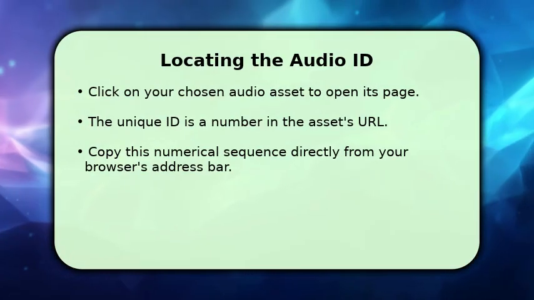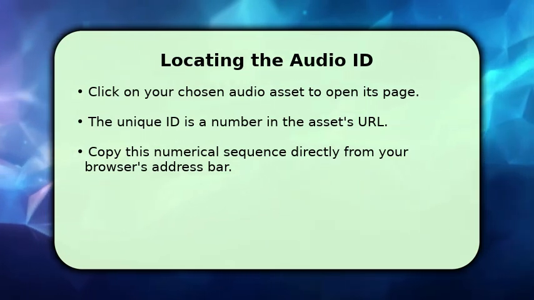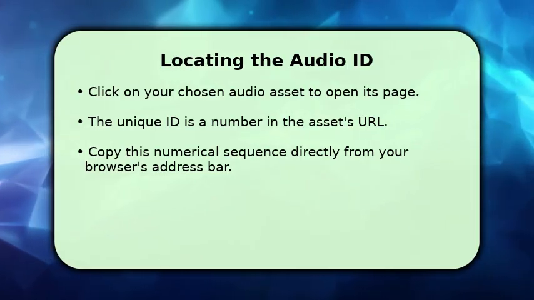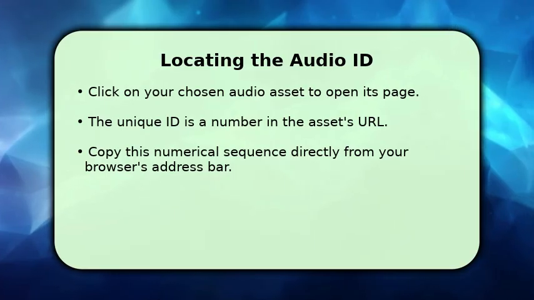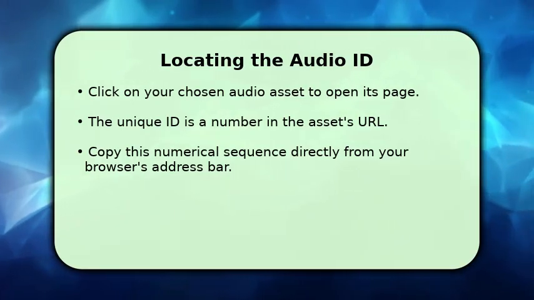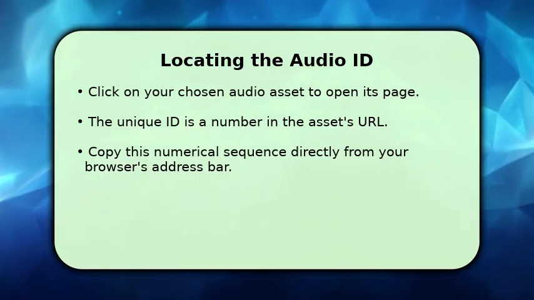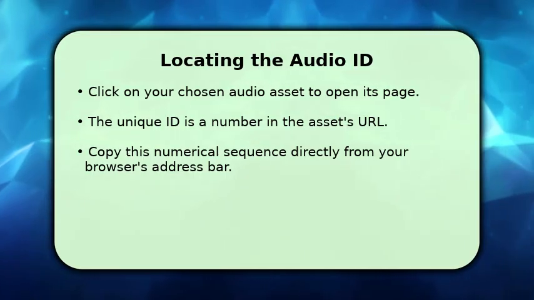Once you've found an audio track you like, click on it to open its dedicated asset page. Look closely at the URL in your browser's address bar. You'll notice a series of numbers within that web address. This specific numerical sequence is the unique Roblox Music ID you need. Simply highlight and copy these digits. This ID is crucial for integrating the audio into your game, so ensure you copy it accurately for the next